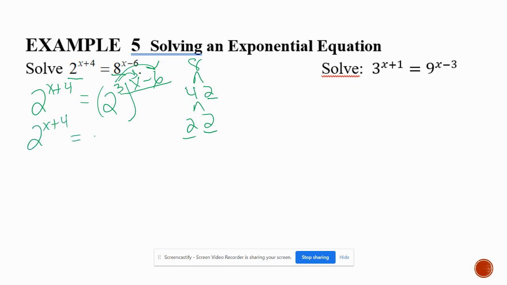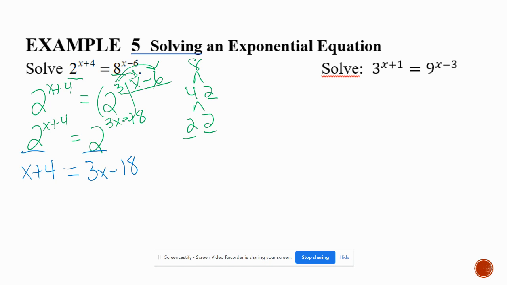The left side we haven't changed. 3 times x is 3x. 3 times negative 6 is negative 18. Again, we're not doing any magic with these bases. We're just saying, okay, if the bases are exactly identical, then I can put my exponents equal to each other